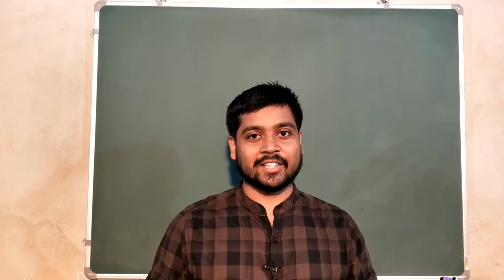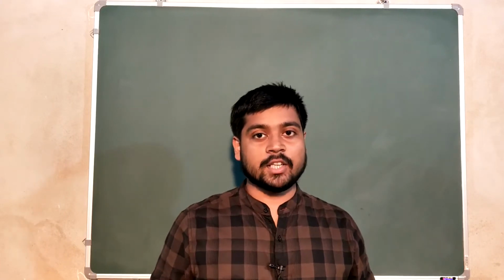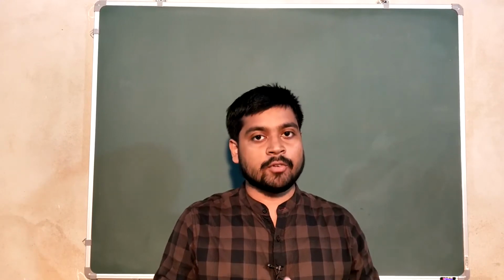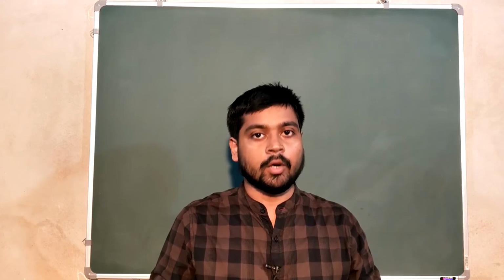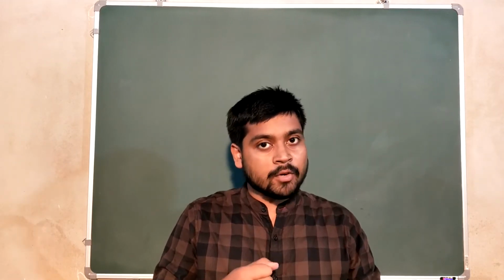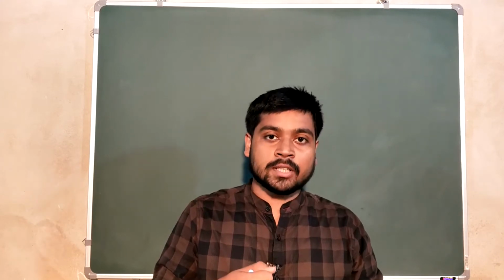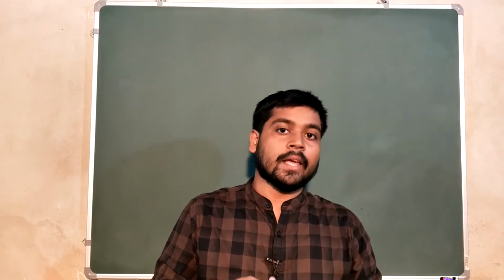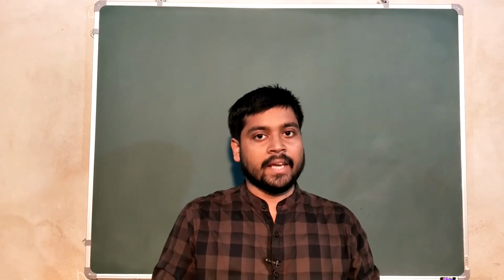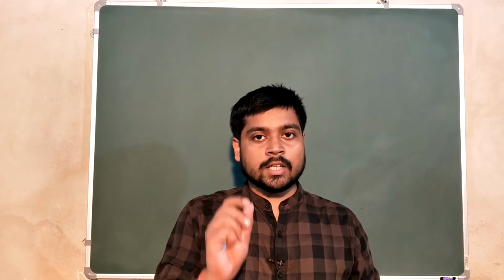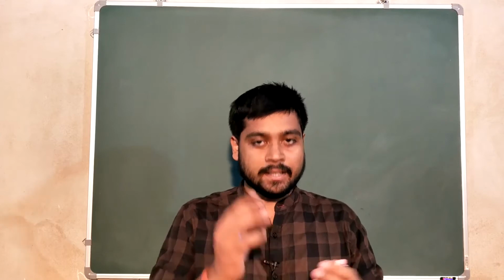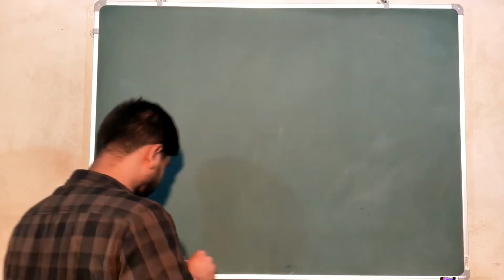Let us start the lecture on equation of motion. Actually, this is the second part of the equation of motion. In the first part, we already discussed the types of forces depending upon the variable. What are those? First one was constant force, the second was position dependent force, the third was time dependent force, and the fourth was velocity dependent force. We already discussed the constant force and position dependent force. In position dependent force today, we discuss how to solve a problem if the position dependent force is present in it. Let us see a problem.